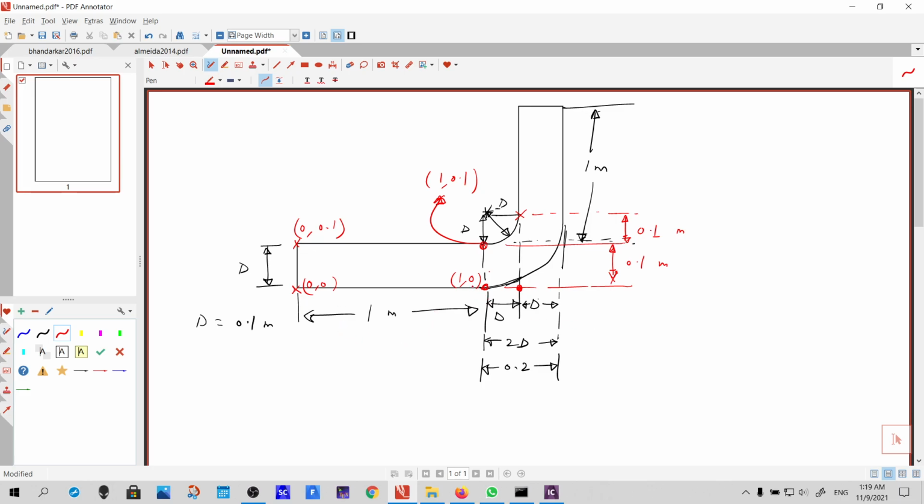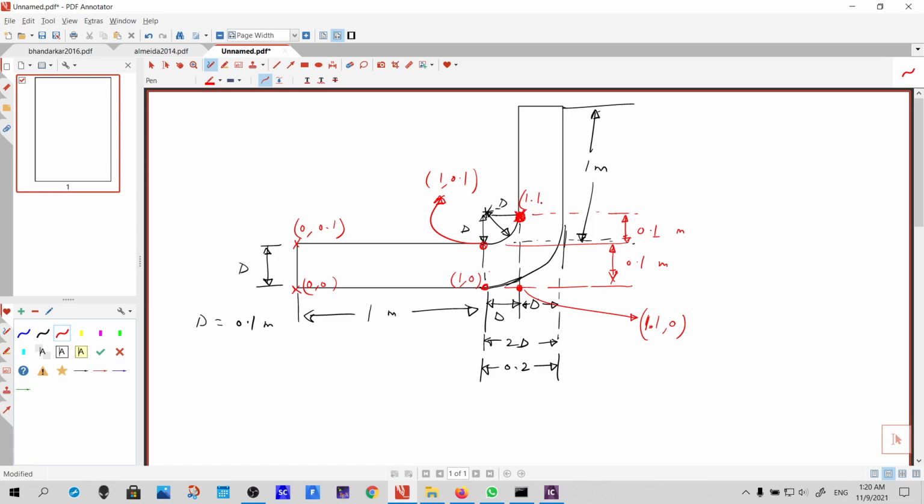So basically this will be 1.1, comma 0, because y is 0. So I'm gonna just assign the points. So here the coordinates of this point will be